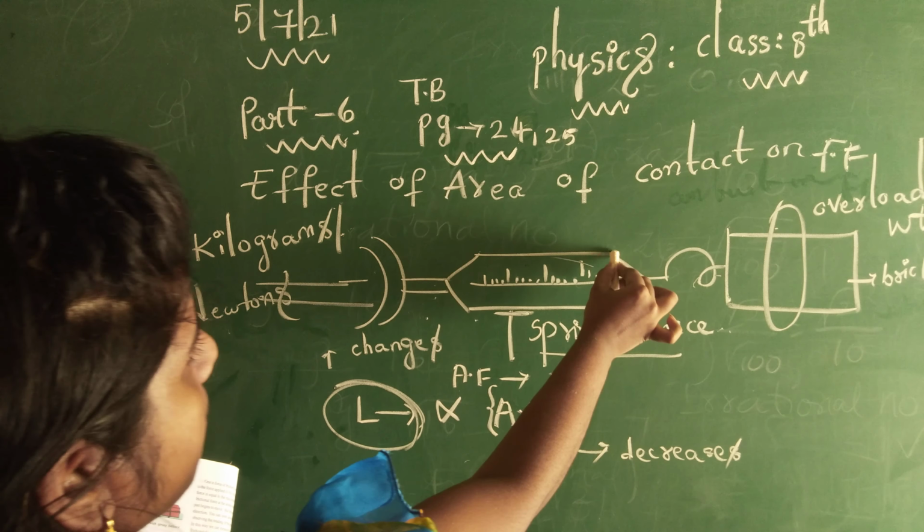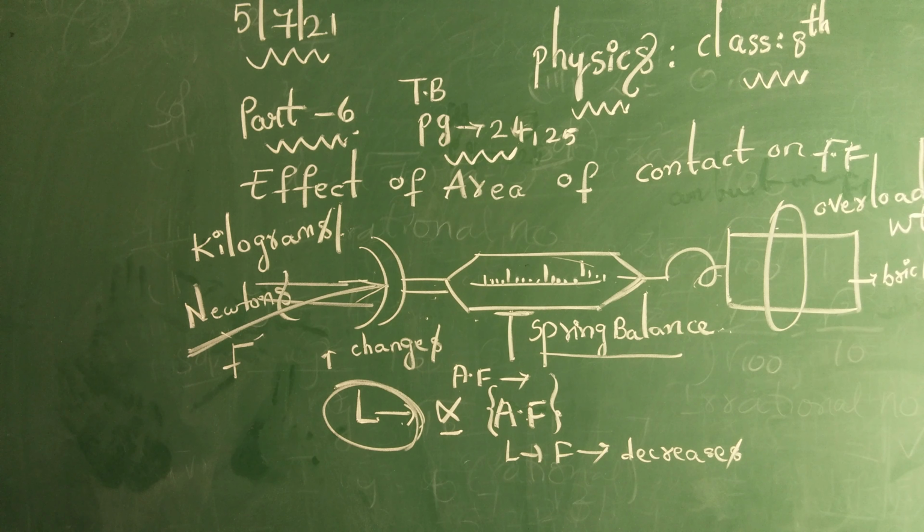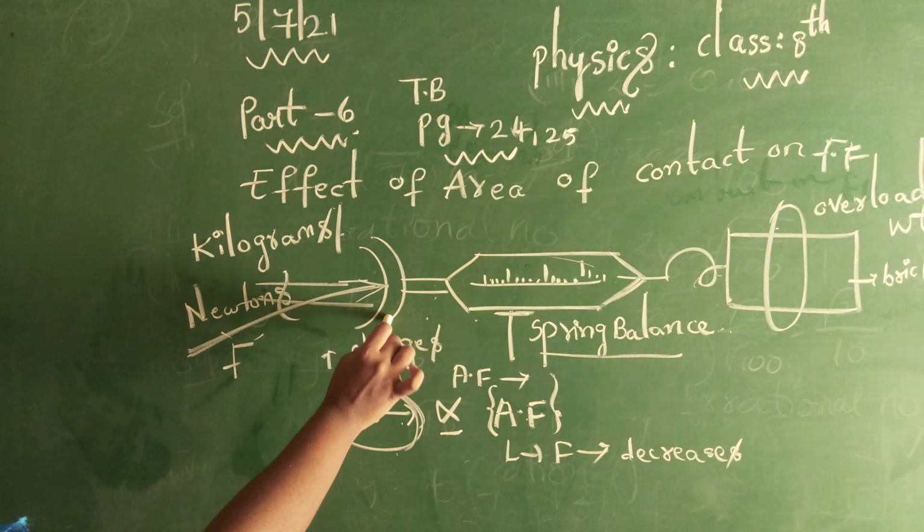In a spring balance, the spring is stretched by the applied force. The change in the length of the spring is directly proportional to the applied force. If you are applying an excess amount of force to the object, the spring stretches more, and the position of the brick will move a longer distance. Similarly, if you are applying a little bit of force, what happens? The brick will move a shorter distance. So the scale of the spring balance directly gives the applied force in newtons.